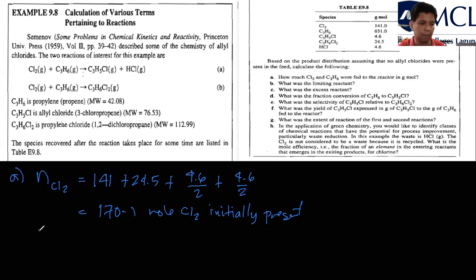We're going to calculate the initial number of moles of propylene, C3H6. We just add the number of moles of propylene or propene still present, 651 moles, plus the number of moles of propylene chloride, 24.5, plus the number of moles of allyl chloride, 4.6. So all in all,